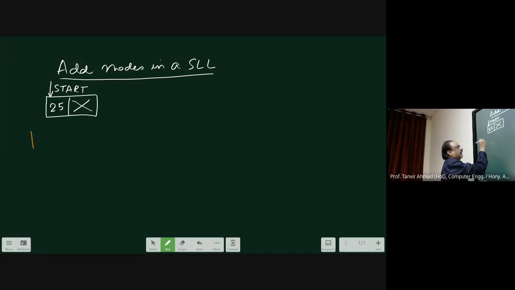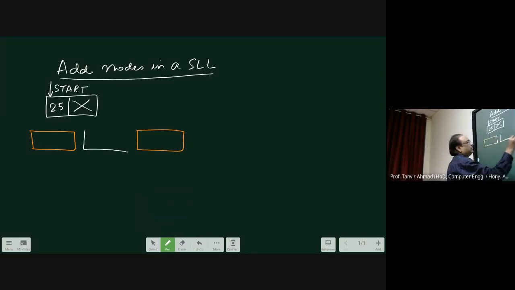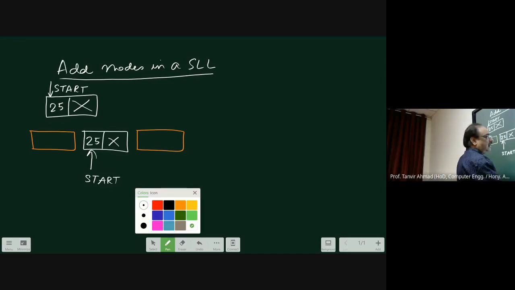That means I will add a node over here, and I can add a node here. Now if I am going to add to the linked list, it is add at beginning and add at end. Now let us think I am going to add at the beginning.